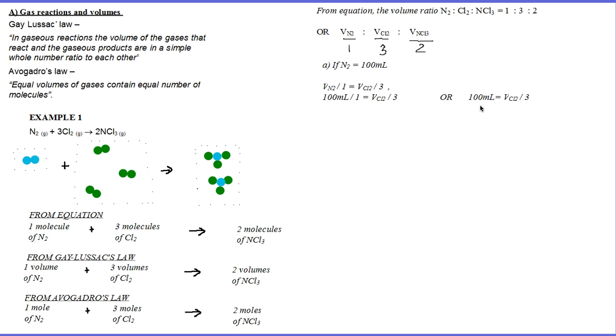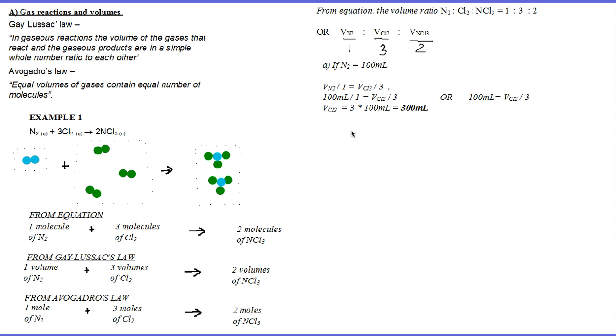So that line is exactly the same as saying 100 mils equals the volume of chlorine divided by 3. Now to rearrange our equation, we're going to get this 3 off the bottom. We're going to times both sides by 3. So by timesing both sides by 3, we get the volume of chlorine is 3 lots of 100 mils, or just 300 mils. And that's pretty easy to see just from the ratio, because the ratio is 1 to 3 to 2. If you've got 100 mils of nitrogen, you're obviously going to have 300 mils of chlorine just by